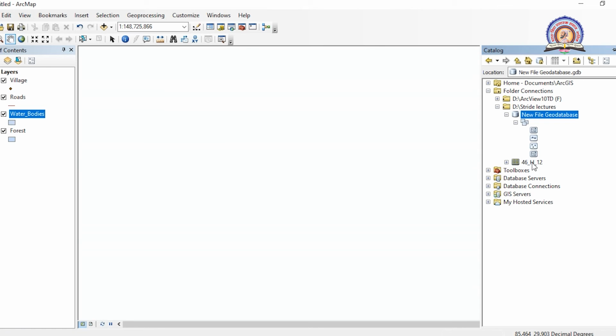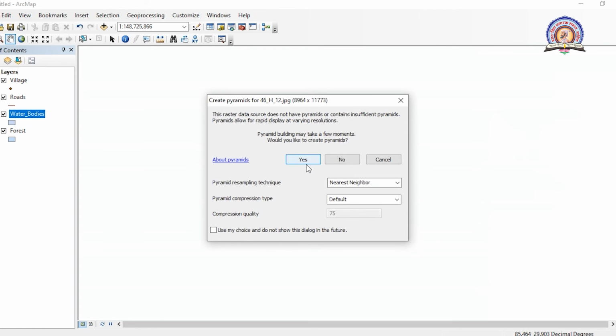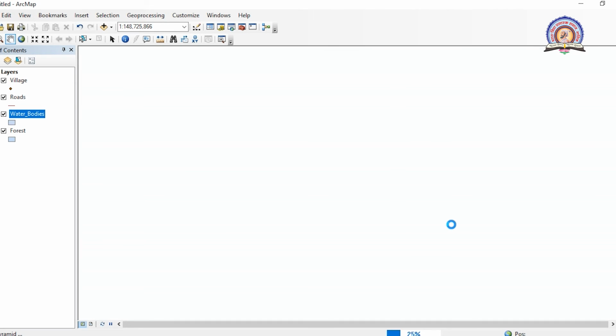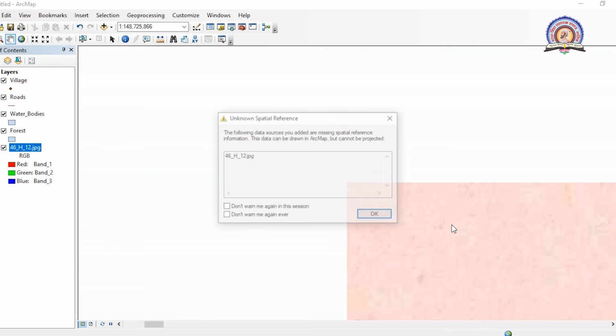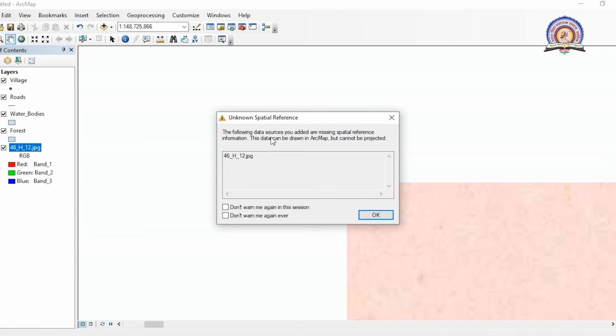One more thing I want to add. For example, this is a map. This is the base map which we are considering over here. Now this map is showing an unknown spatial reference. What do you mean by unknown spatial reference?